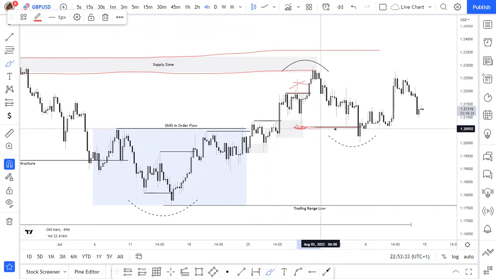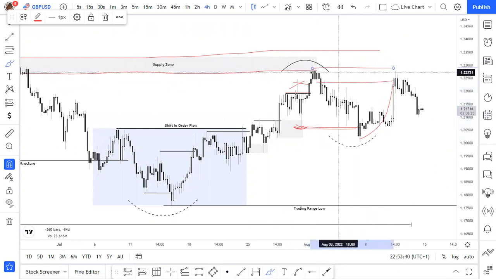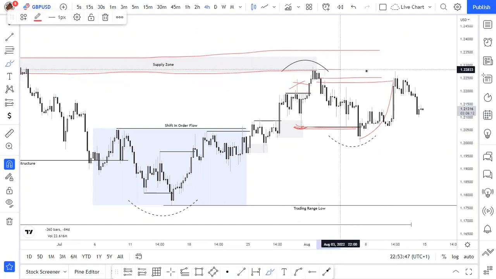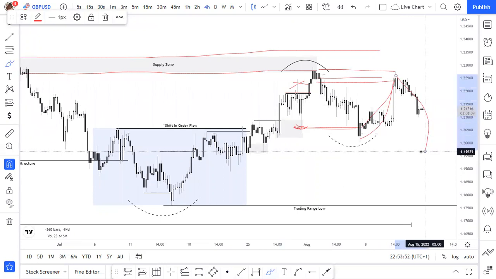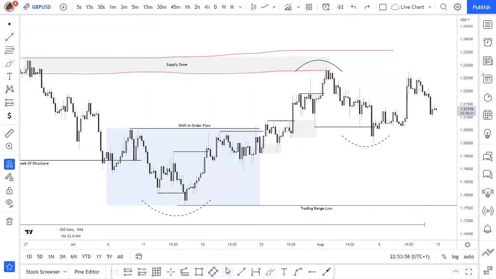So when we have a break of structure, we mostly get a pullback into that particular zone. This is like a whole range. You can take it as a whole range, or you can still refine it to maybe a specific candle. And after the pullback, we want to see a continuation. So from the way I map out structure and order flow and stuff like that,